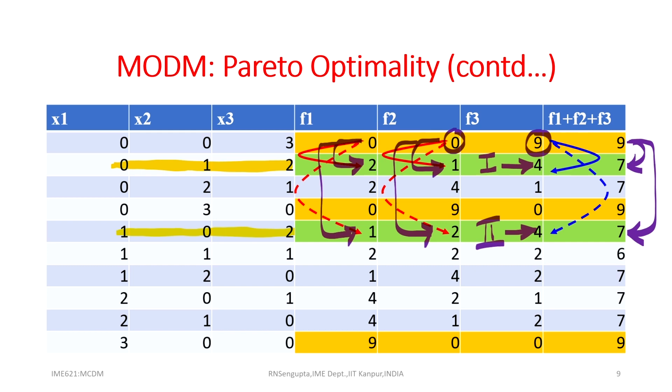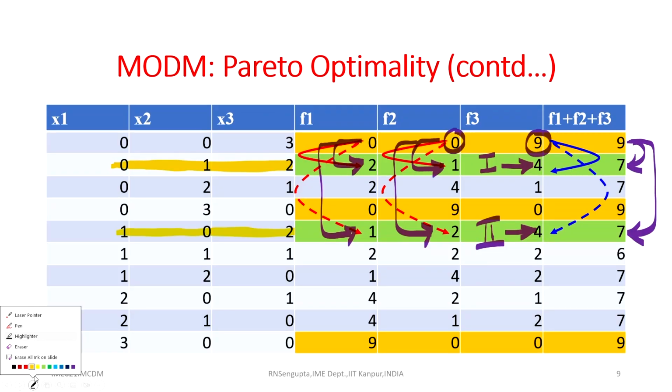We have been able to reduce the total value from 9 to 7 in each of the cases, but the combination f3 is fixed, but f1 and f2 have been changed. That means, they are trying to compromise in order to maintain the balance at a value of 7, which is the sum of f1, f2, f3. So, the analysis which I did or which I mentioned would all be repeated